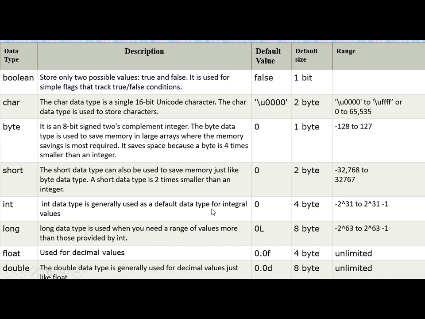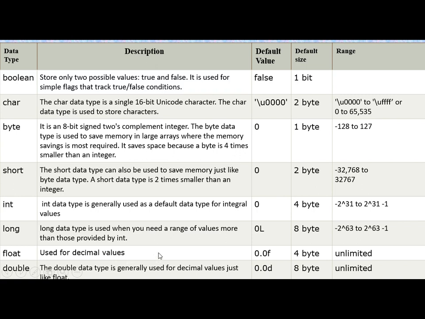This is used to store integer values. Then long is used to store integer values whose range of values is more. Here you can see the range of values for integer and for long. Then float and double are used to store decimal values.